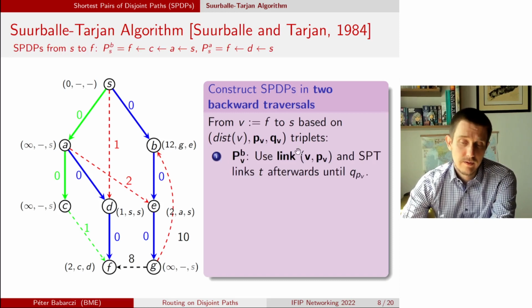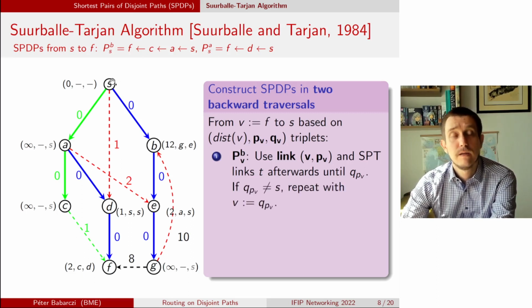So first, the algorithm says we should use the P link of the given node. For example, the shortest pair of disjoint paths from node F starts on the P link, which says to go from the node towards node C, and after that we use some shortest path tree links until node Q is reached. In this case, node Q is the source node, so we do not have anything else to do. The one for the first path will be this